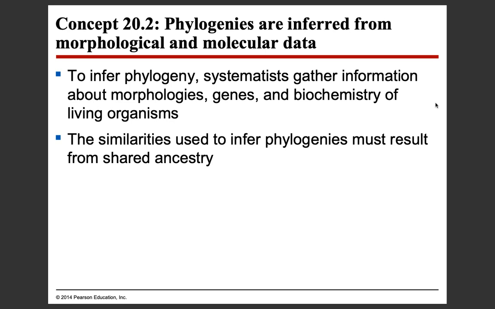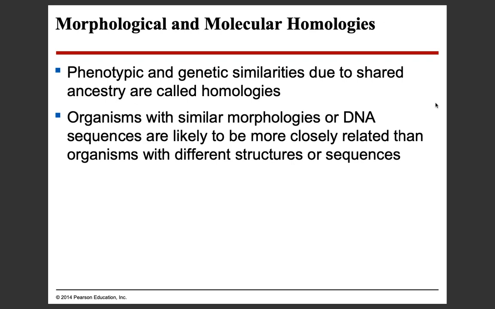Then similarities are used to infer the phylogenies, and they must result from shared ancestry, right? If these two organisms display the same traits, they've got to come from the same place. That just makes sense. Okay, so morphological and molecular homologies. Phenotypic and genetic similarities due to shared ancestry are called homologies. Notice that it says due to shared ancestry. So if you have a common ancestor and you have similarities, whether they're phenotypic or genetic, that's evidence of a homology, which is one of our pieces of